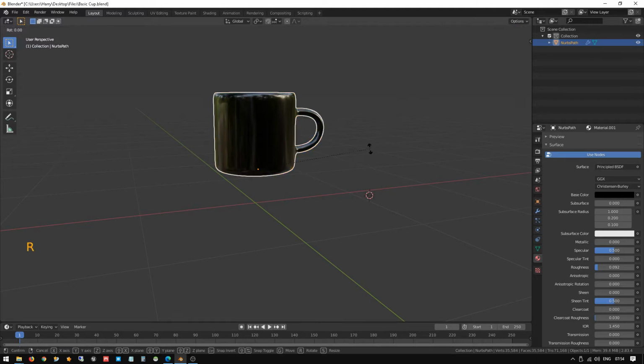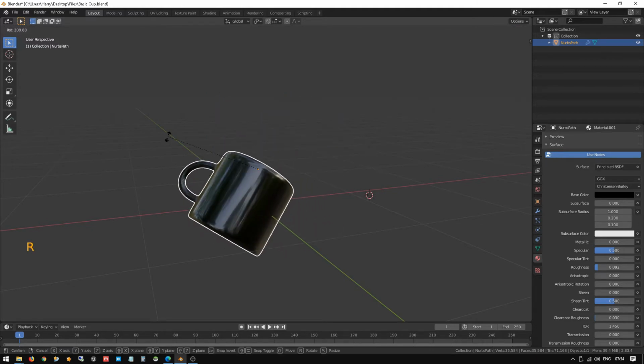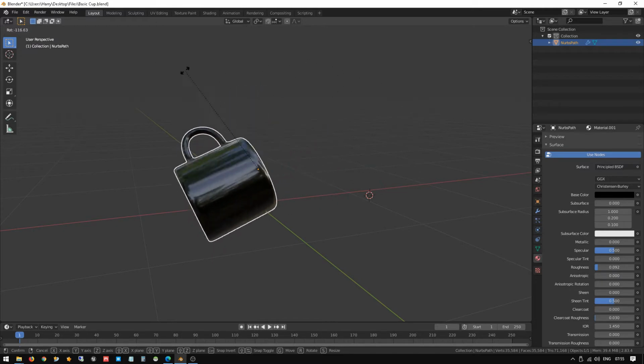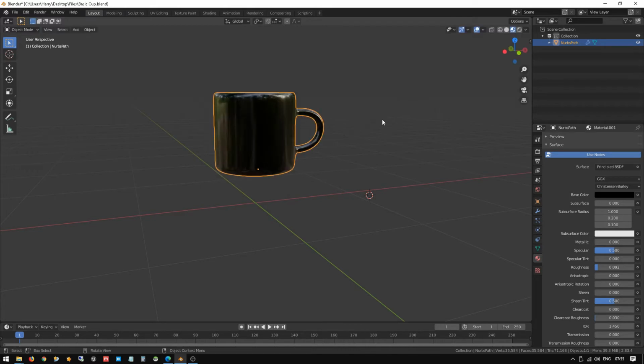Now I press rotate. You can see how the cup is rotating. This is how pivot points always work. The pivot point is required for rotation, and for opening a door we require the pivot point in the left side corner. So the door opens using animation, like a normal door opening and closing. So this is why the pivot point is required.